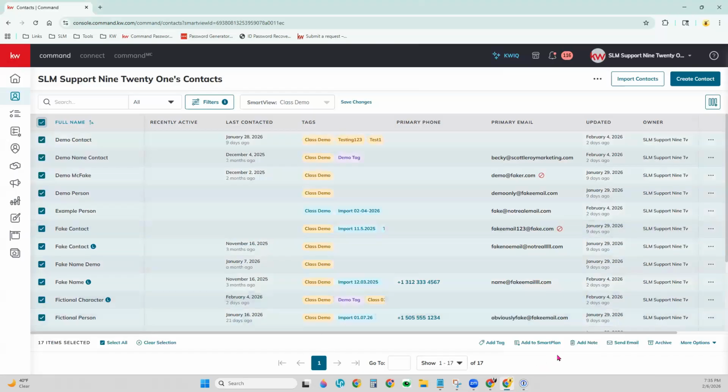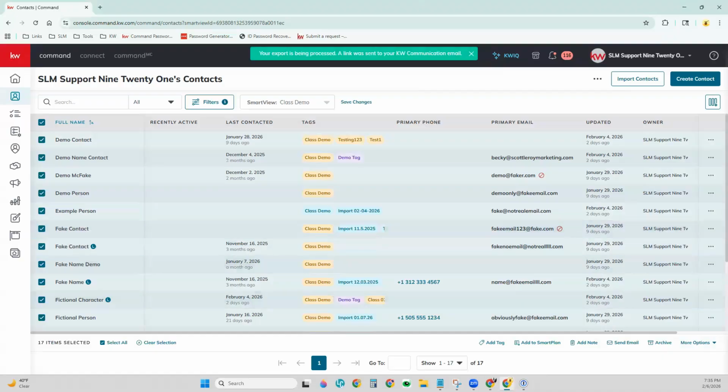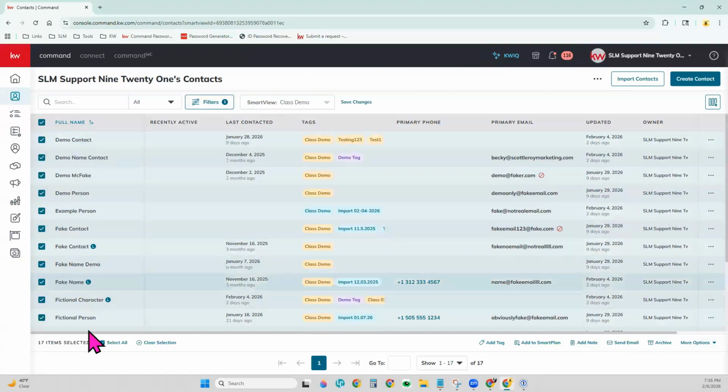And down here at the bottom, you see options that have now appeared on the bottom right-hand corner. Choose the More options. Here we go. And then you can export from here. Choosing Export again will export, as you can see the success banner at the top, the contacts that you have here on the screen that you've used your filters to find, and it will do it up to 500 at a time. If you had more than 500,